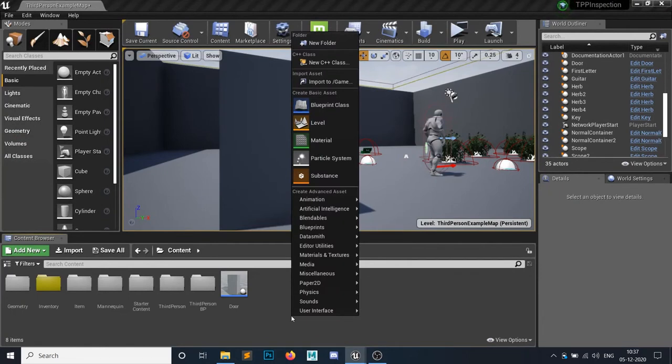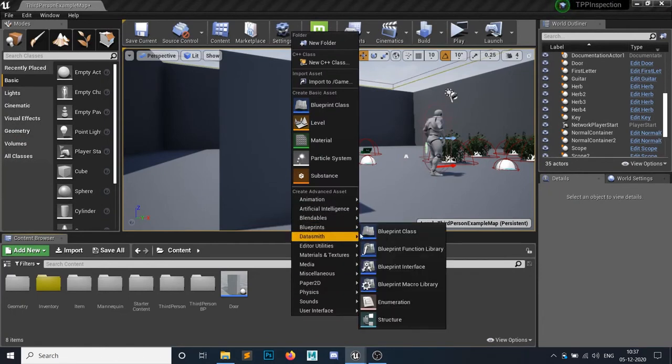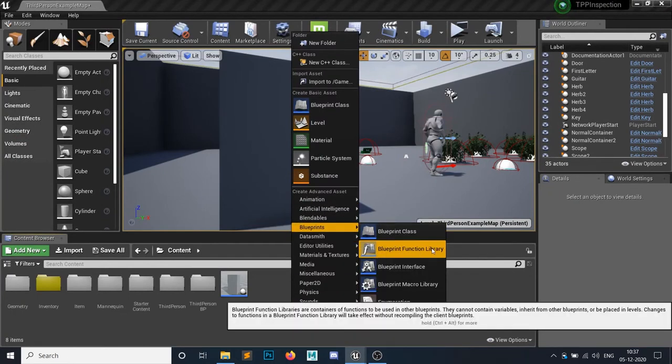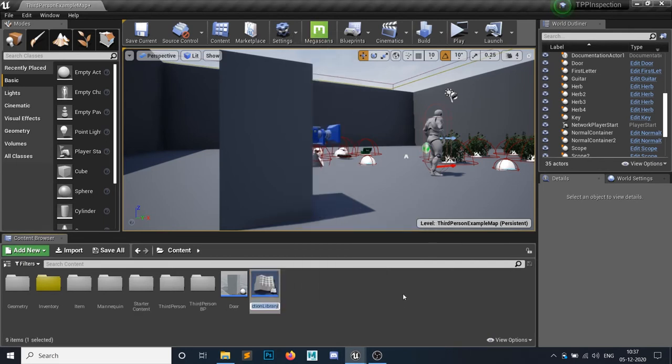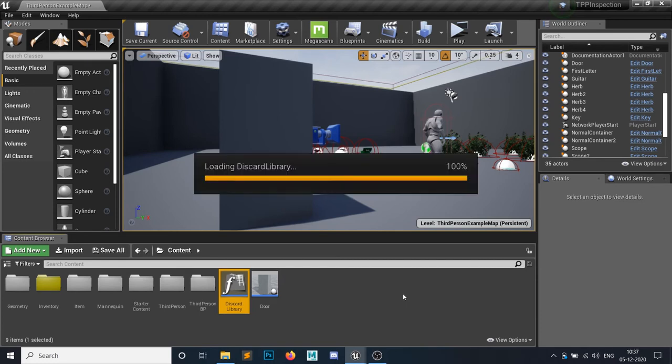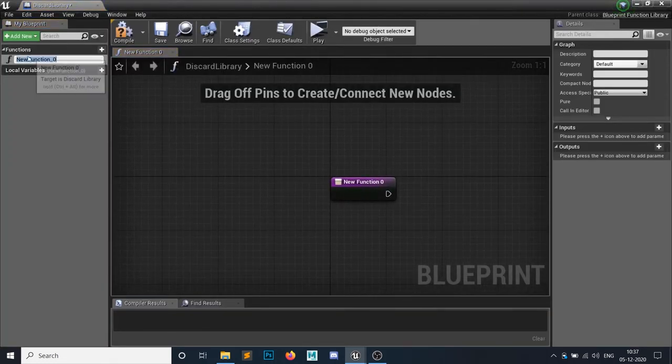Right click in the blueprints and you can see a blueprint function library. If you click on this, you can create a new library of your own functions, and it is not dependent on any classes. So let me call this library a discard library, and in the discard library you can add as many functions as you want.